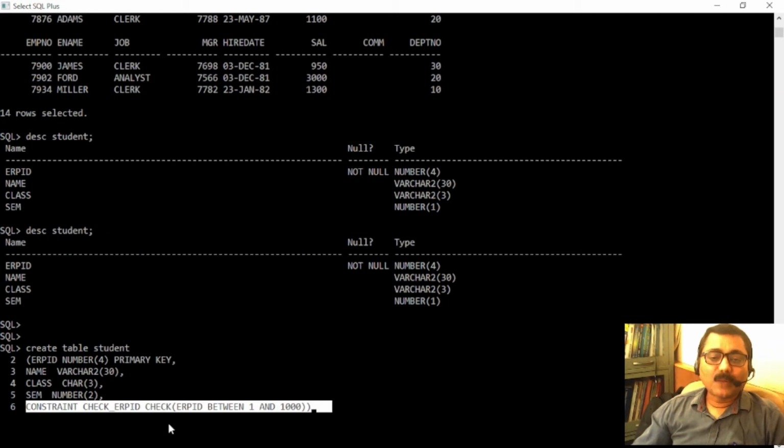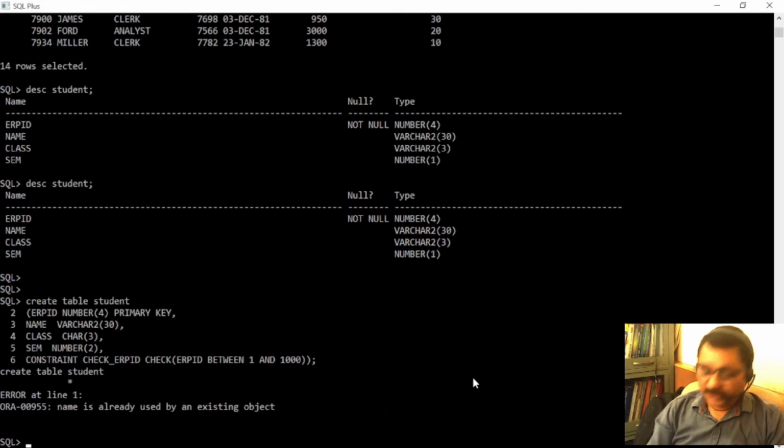So I have added one constraint during the create table command. This will take care that ERPID should be between 1 and 1000, inclusive, which means we can give any number from 1 to 1000, right?